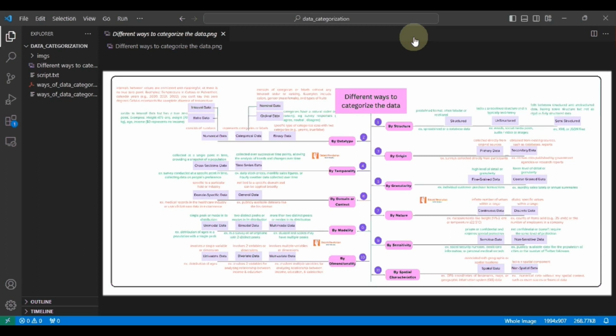I'll give some examples. For example, if you have categorical data, then we will apply different charts for categorical data. For example, bar charts can be preferred for categorical data. If you want to visualize numerical data, scatter plots can be preferred. So we need to understand data very well. Then only can we decide which charts will be applicable for which kind of variable.